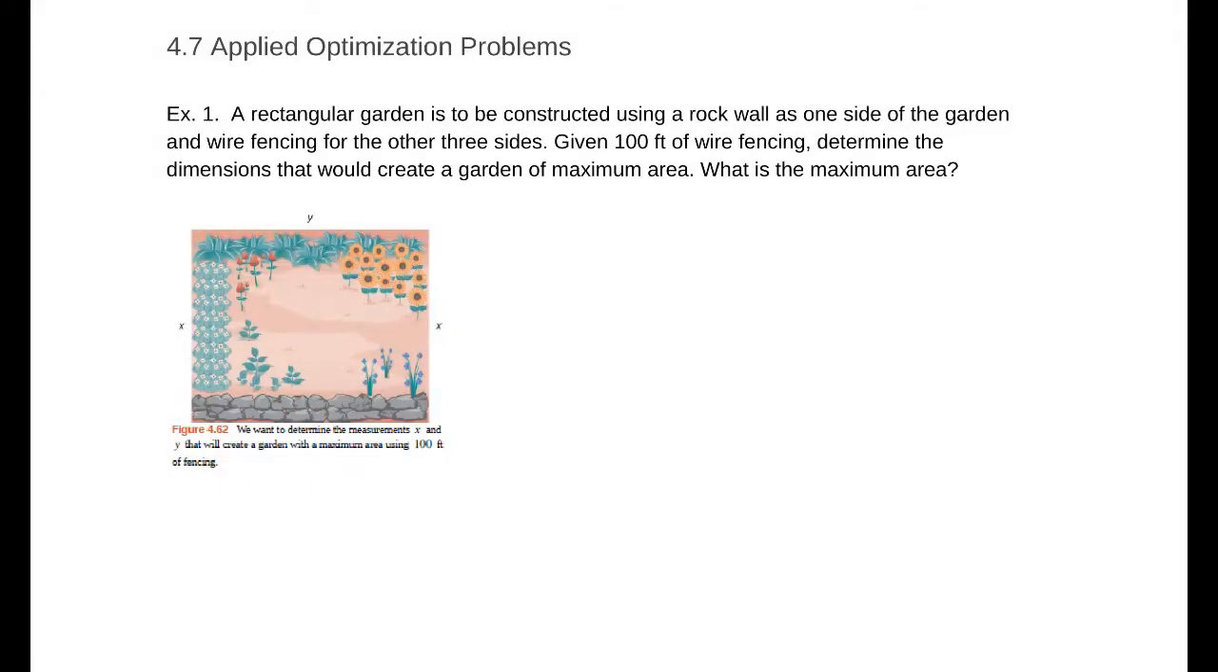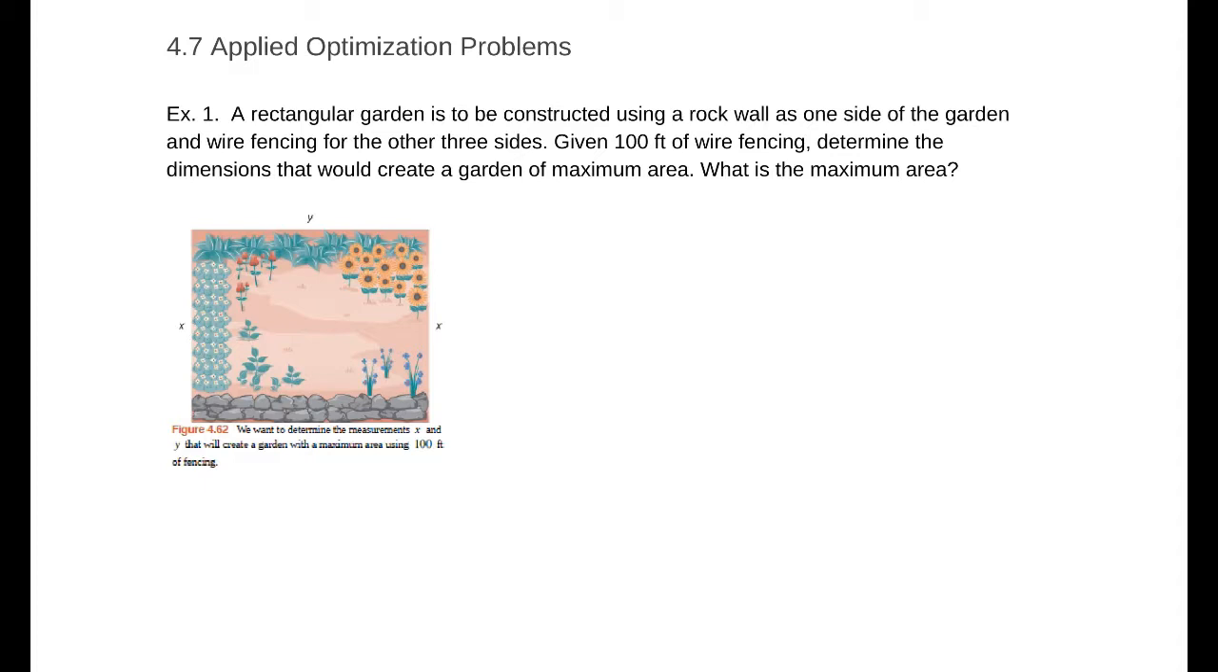4.7, Applied Optimization Problems. So in this section, we're going to attempt to use our derivative to find the maximum or the minimum of some certain functions. Now, we're going to have to come up with the functions because these are applied problems. So for example 1, a rectangular garden is said to be constructed using a rock wall as one side,